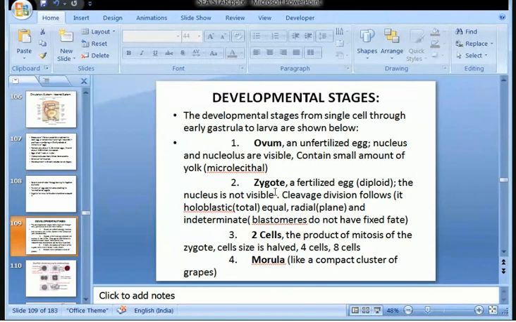Then we know that sperms are produced in the male gonads, and they are released. They are motile, and they have a flagellum. They have that typical sperm structure. They penetrate the ovum, and part of the sperm is left behind, and the nucleus is carried in, and then the fusion of both genetic materials occurs, and a zygote is formed. Zygote is a fertilized egg. It is diploid.